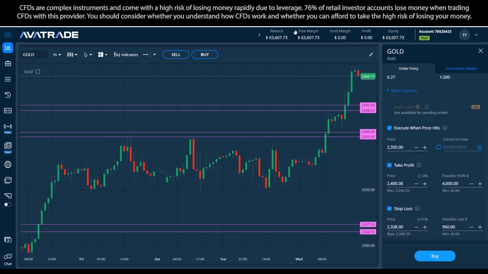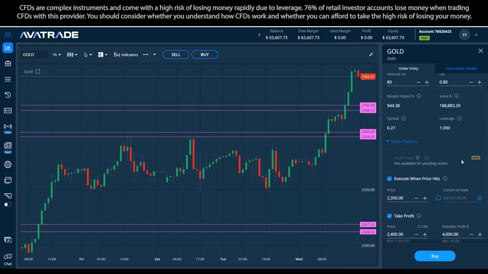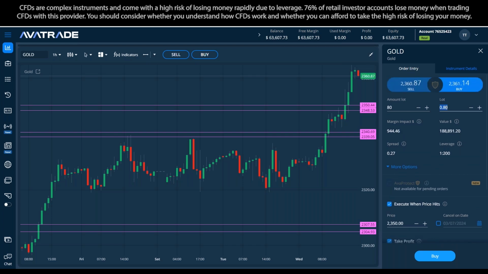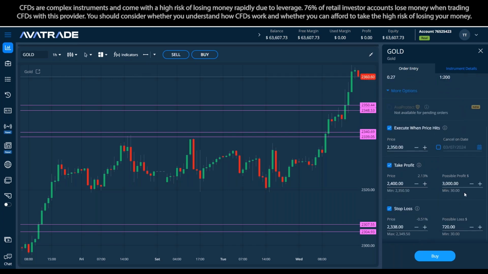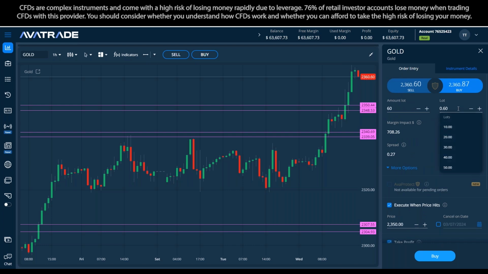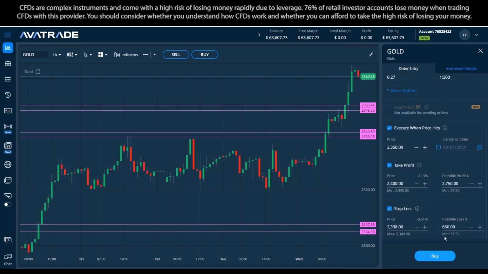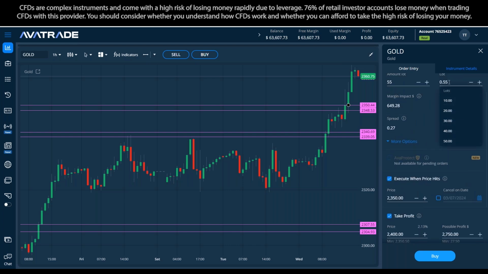I can put whatever trade size I want to try and zero in on the amount I want to risk. So 960, that's maybe 1.5% of my balance. If I get down around 630, that would be 1%. So I can continue to adjust my trade size until I see the level of risk and reward that I'm comfortable with. Okay, so simple process with this order window that helps you risk manage. And so it looks like it's going to be 0.5 and change. And that gets me to about 1% risk